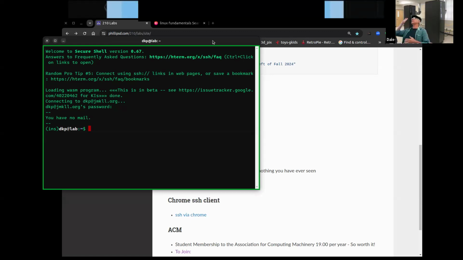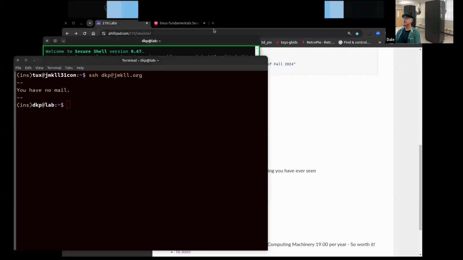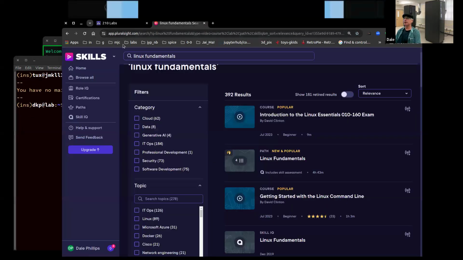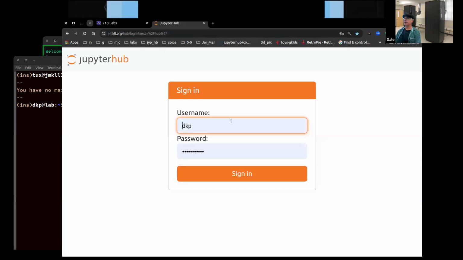I'm going to log in 3 times. I'm going to log in next from the command line from my Unix box to that one using SSH. And I'll be logging in all with the same thing. And then the last one will be logging in to the Jupyter lab via